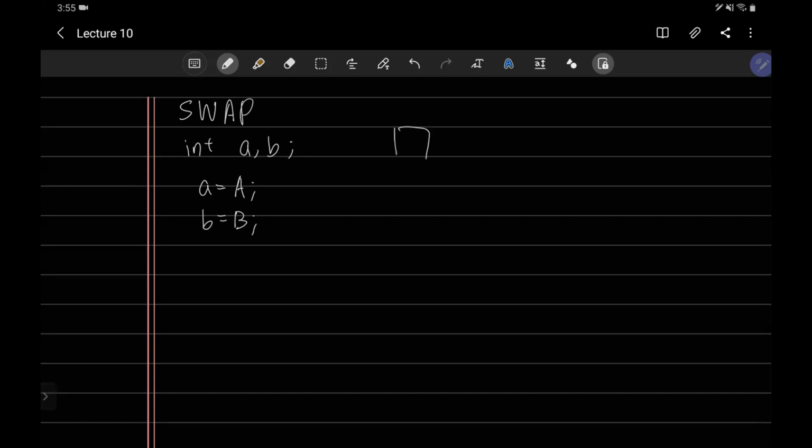For example, you have variable A and variable B, and currently the value A and value B are stored in these two memories, and eventually you want to swap the values, so that value B and value A are stored in each of these two variables. The simplest, very brute force method to implement this is